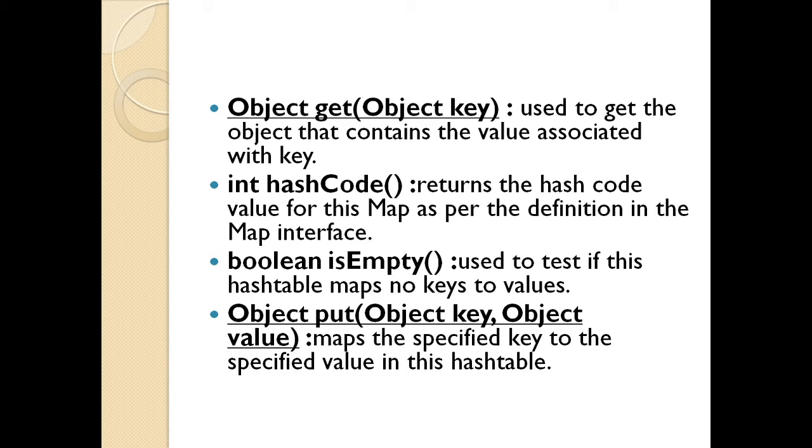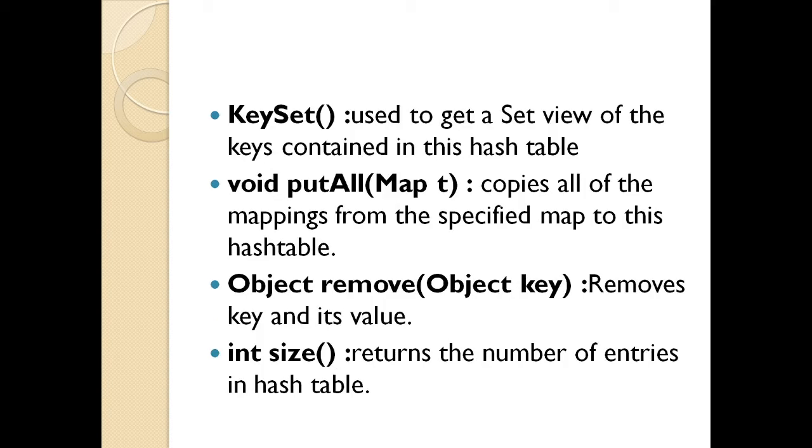Key set. It is used to set a view of the keys contained in the hash table. Void putAll(Map t) copies all the mappings from the specified map to this hash table. Object remove: I pass the object key as a parameter. It removes the key and its value. If you want to return the number of entries in the hash table, we have a method called int size. We are going to do practically all these methods in detail when we do the practical programs in Java